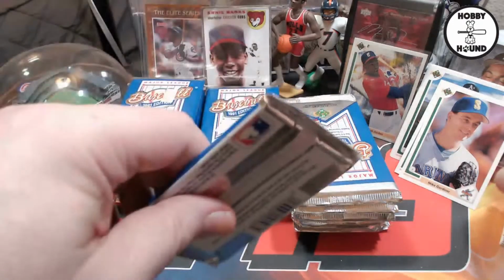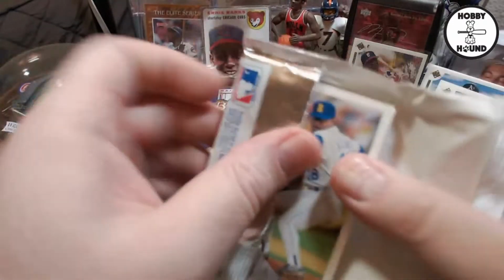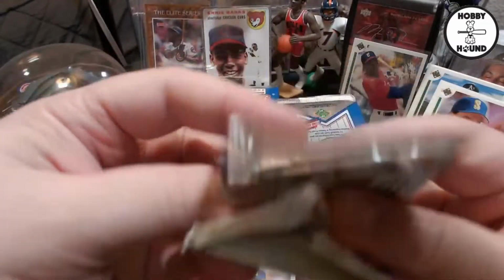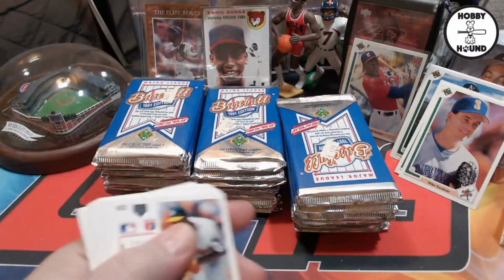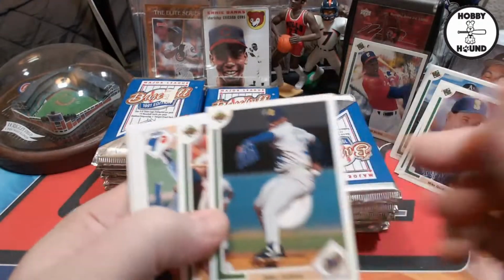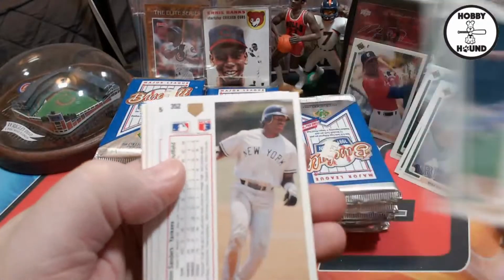All right, so this will be the end of that first stack. And that first stack had the SP Jordan, which I think is at a rate of 1 in every 1.5 boxes. So this was a hodgepodge box. It's a possibility that there are 2 of them in there, because if someone put it together with multiple boxes, you never know. There's Dennis Boyd,